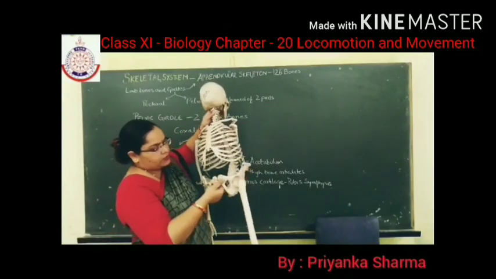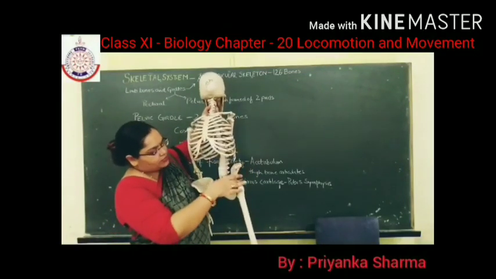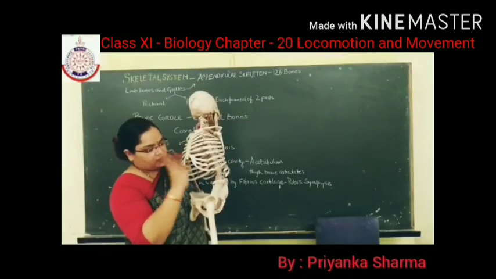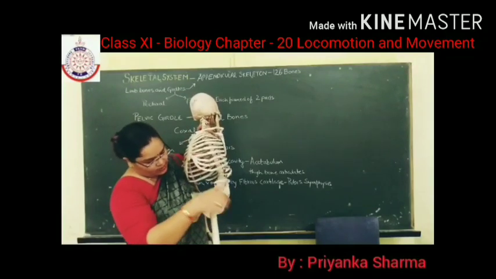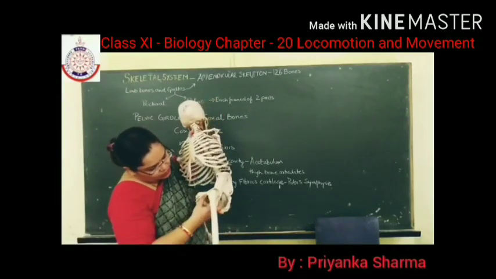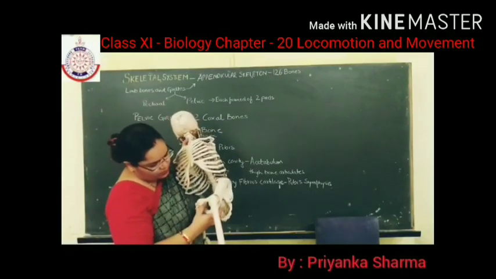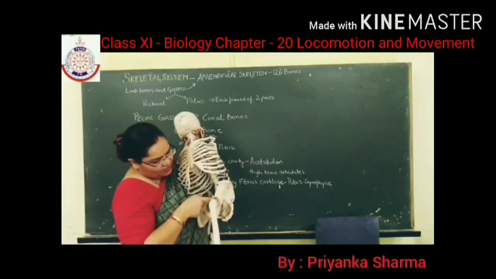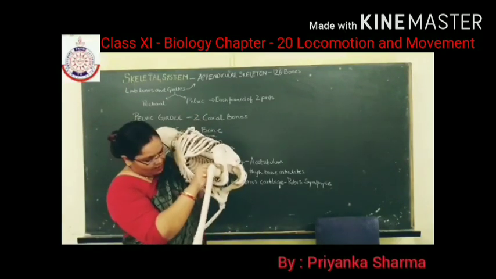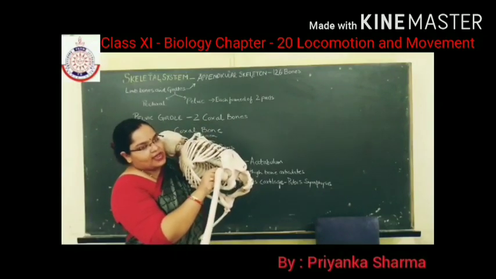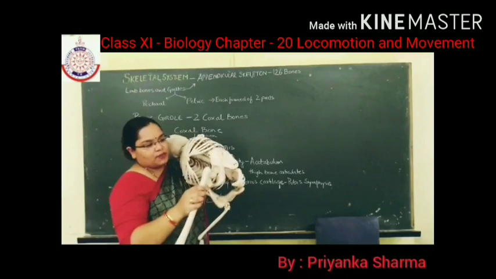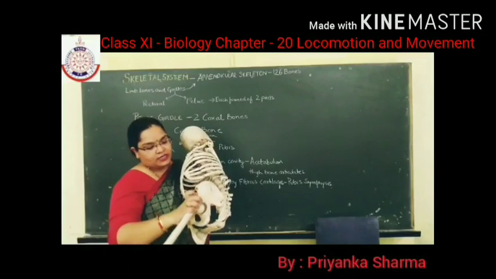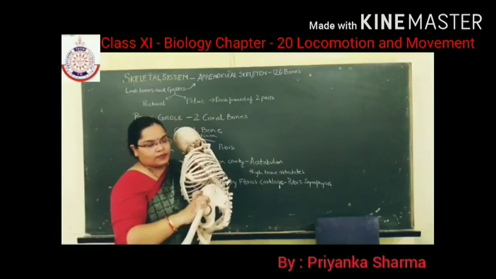So this forms the pelvic girdle. The half pelvic girdle is formed of the coxal bone, and this coxal bone is formed by fusion of three bones, that is the ilium, ischium and pubis. Now the joint. So this is 1, 2, 3. When three bones join, at the region where they join, they have a cavity. You can see the hole. This cavity is known as the acetabulum, and this is the femur, and this is the head of the femur, and the head of the femur articulates with the acetabulum to form the thigh joint.